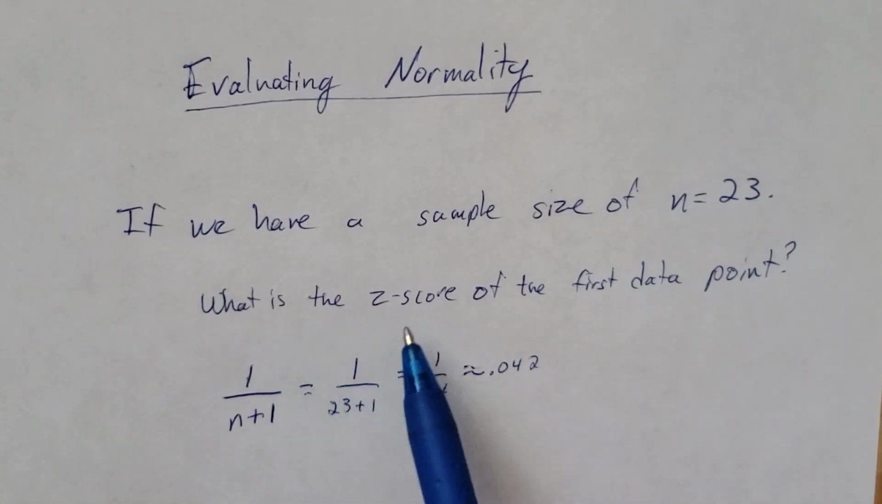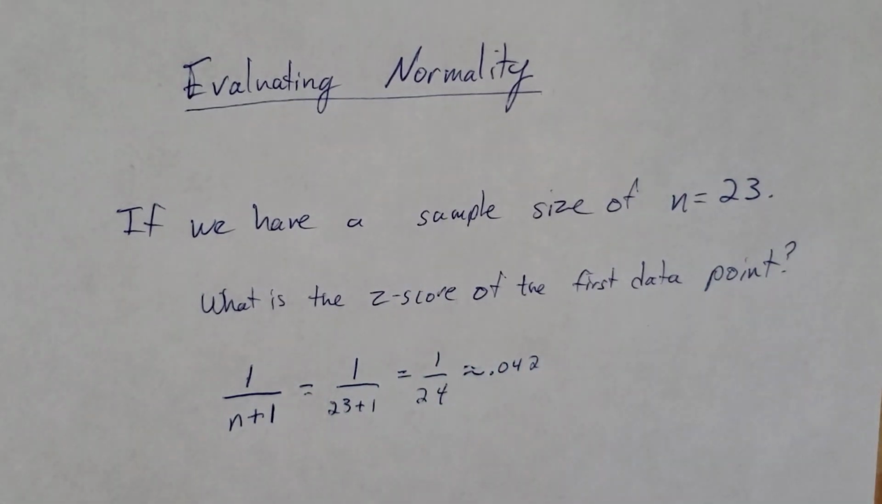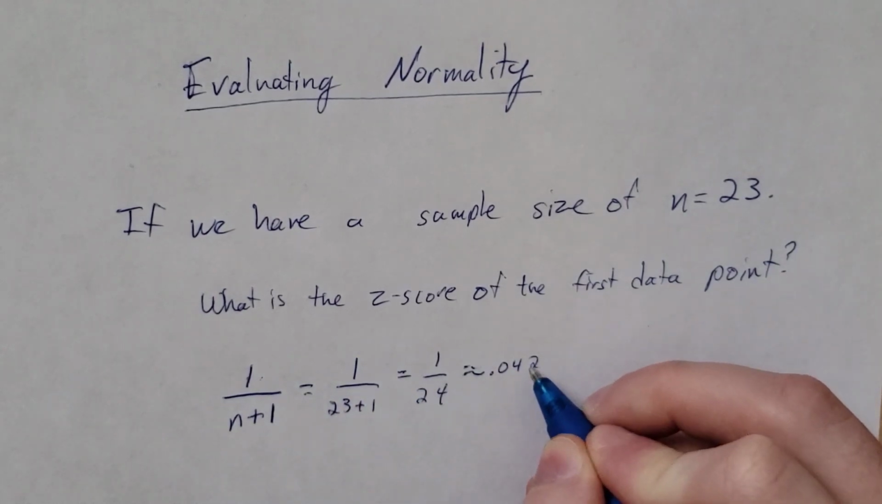Well, let's look at the z-score of the first data point. If we write out all of these 23 data points in order, so the smallest value first up to the largest value at the end, then let's look at what the z-score of the first data point should be. Well, how we do that is we plug this into the formula 1 over n plus 1, 1 being the first data point, n plus 1 being what we divide by. So 1 over n plus 1 is equal to 1 over 23 plus 1, or 1 over 24,